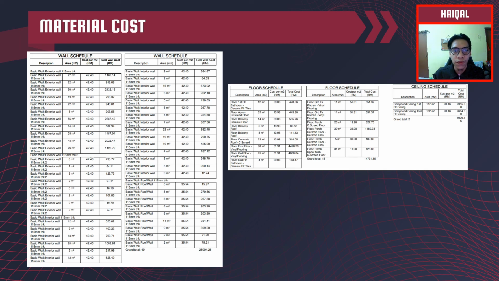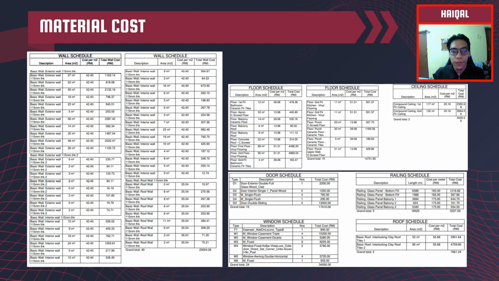The total cost for the floor is RM14,731.85. For the ceiling, it uses gypsum ceiling and this ceiling costs RM20.61. And the total cost for the ceiling is RM5,020.56. Moving on to the door section, there are 4 types of door that we use in this building, which is